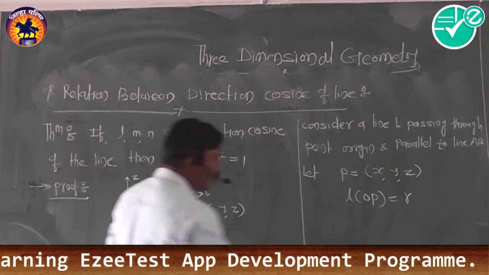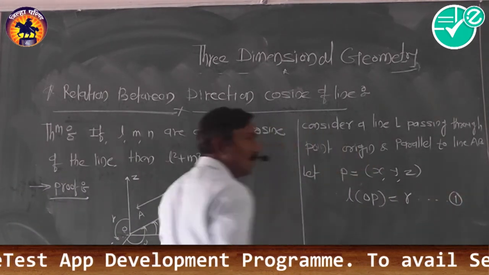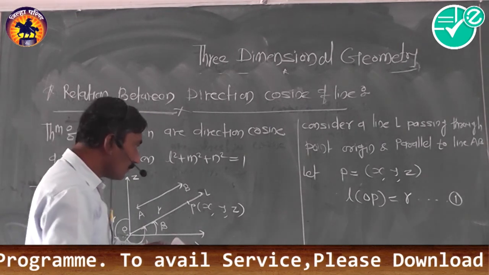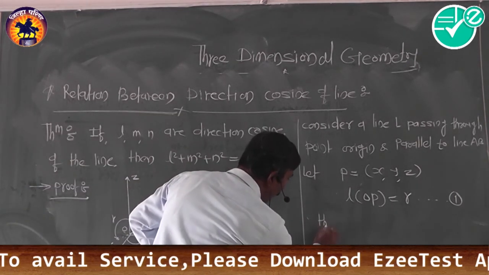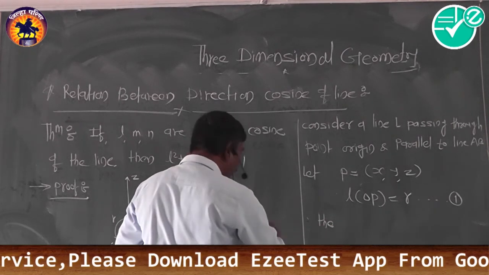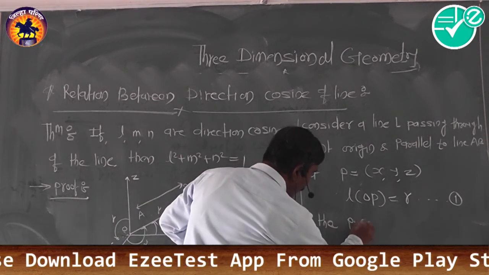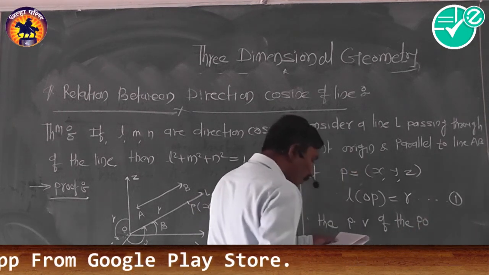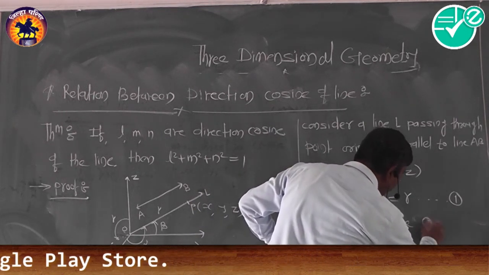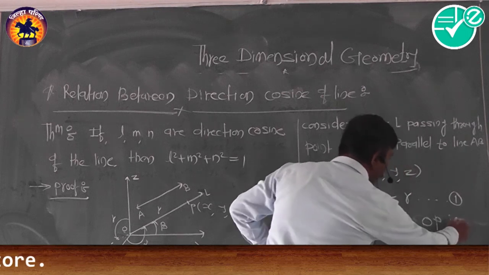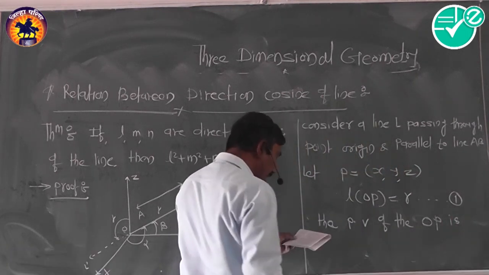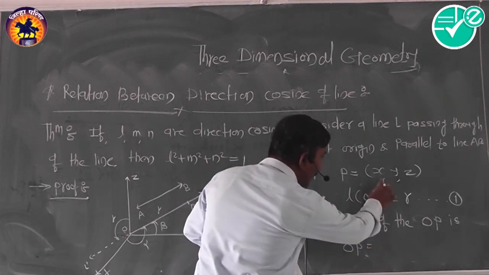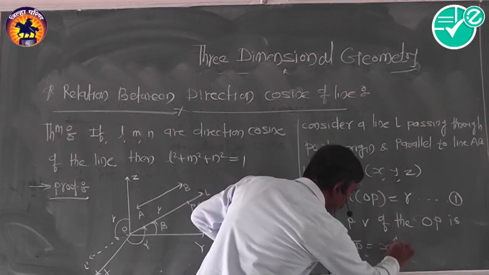We consider this length as equation number one because it is used for the next point. Now the position vector of the point on the line, the position vector of OP, is OP bar is equal to x i cap plus